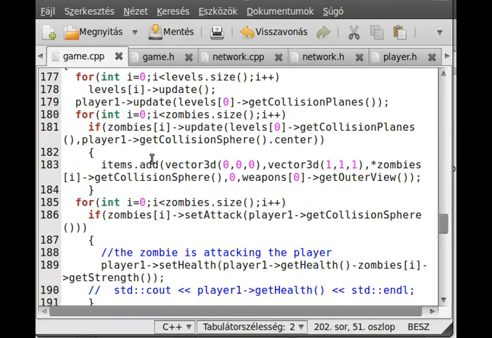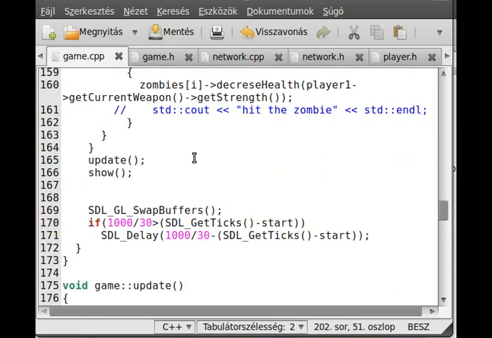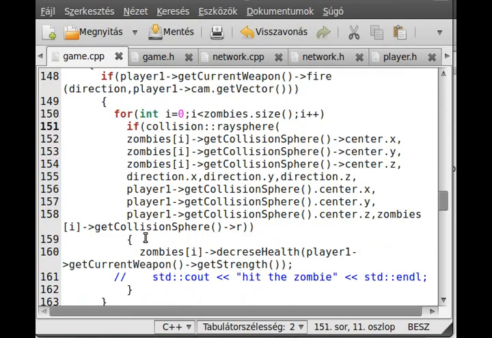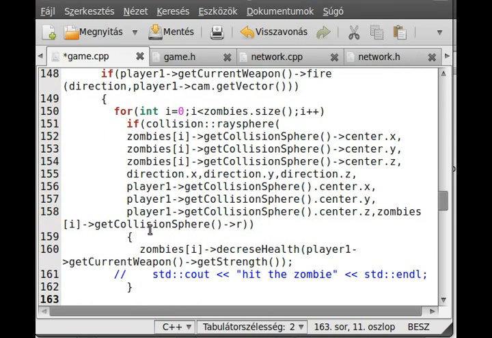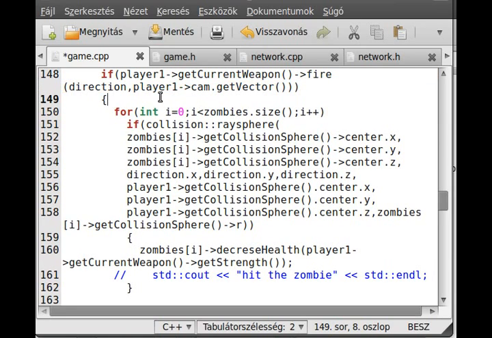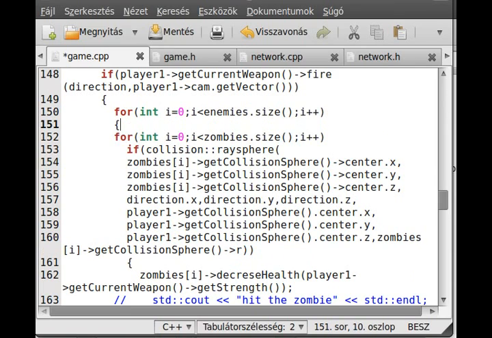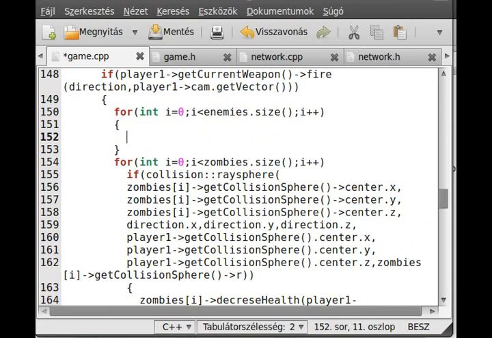So in here we have to go through somewhere when we do the actual collision hitting stuff. Yep, right here. Oh, that will be a long if call. So I will go through all of the bullets. Yeah, I get it. The outer if is true if the player actually shot. So all we have to do is use another for loop, similar to the one for zombies, except we go through the enemies. So for int i equals 0, i less than enemies.size(), i plus plus, and go through all of the enemies, and if we hit one of the enemies, so if collision,